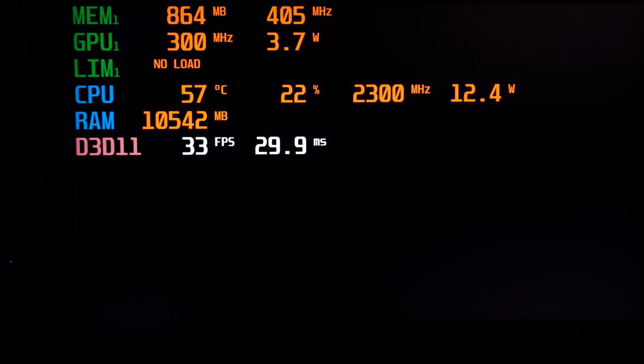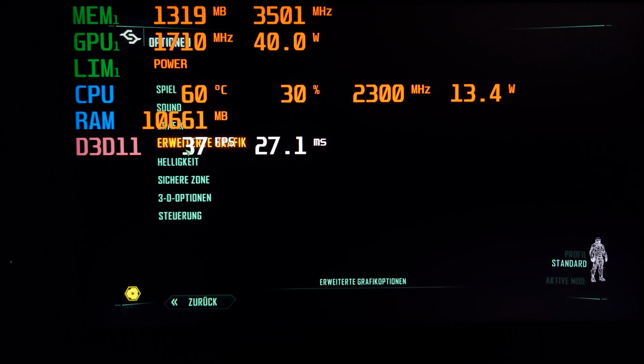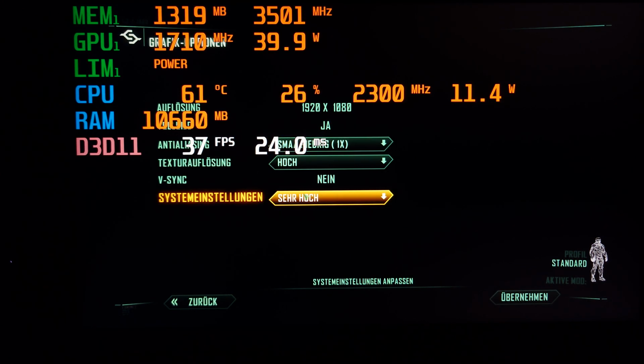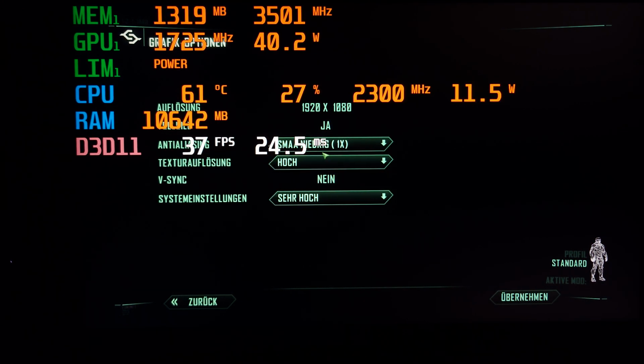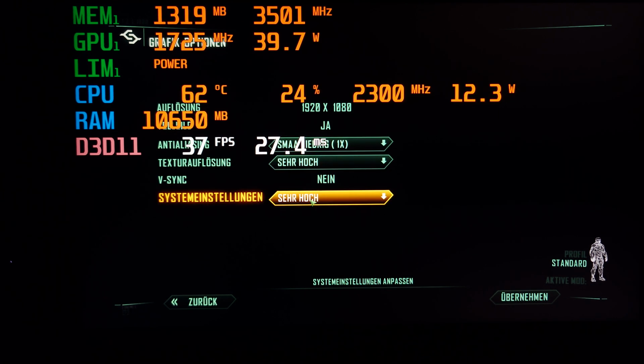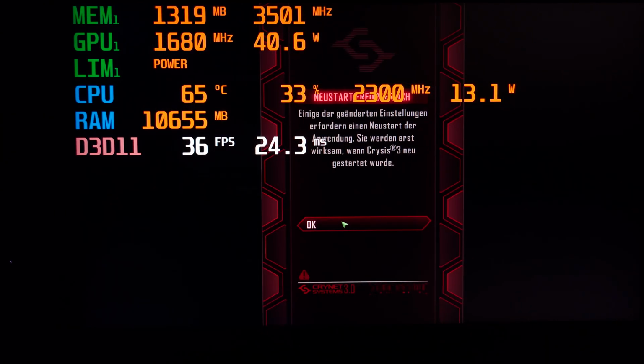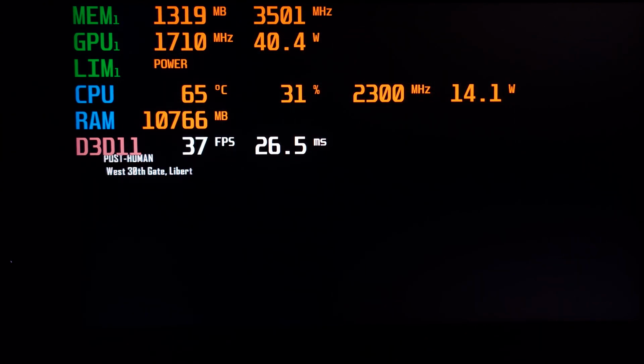And we are playing Crysis 3 at 1080p, and we are playing with the very high graphical settings, so very high textures. Let's set them to very high, and very high, which is the highest system settings. Let's take that. All right,